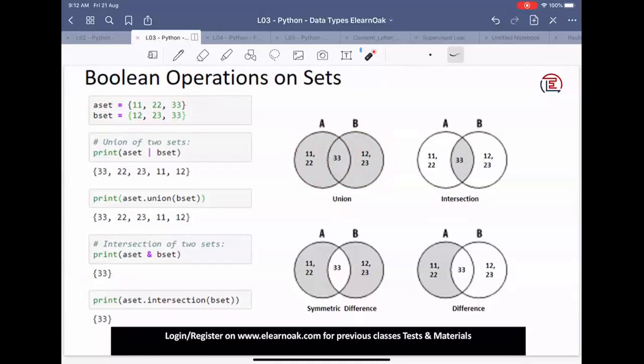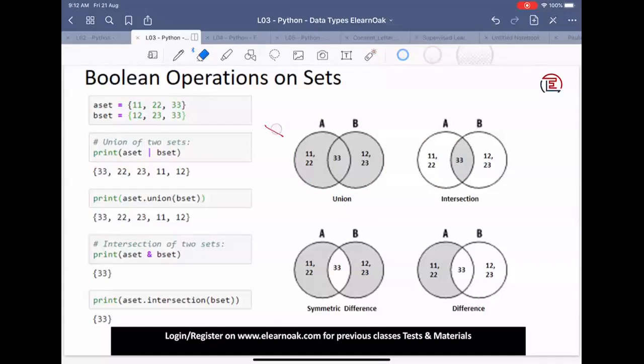Let's say our task is to find the union of these two sets. When I say union, it means I want to find all the elements combined in both the sets. Sets definitely do not have duplicates, and all the combined elements of A and B can be found by this operation. We're writing print A set pipe B set. So this is the pipe operator. You can get this pipe operator on your keyboard. If you look at the backslash, above that we will have the pipe operator. You have to do shift and backslash, and you will get the pipe operator.